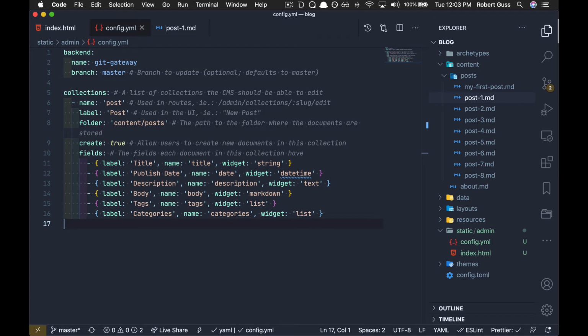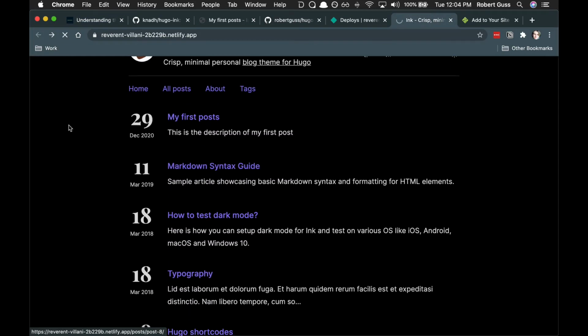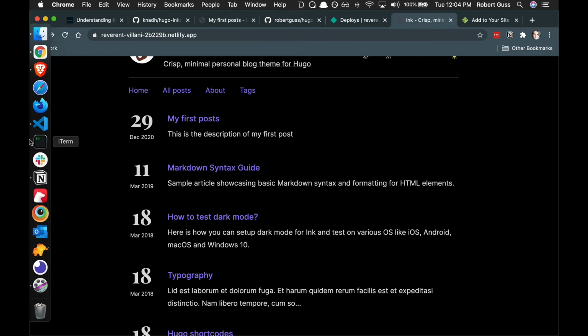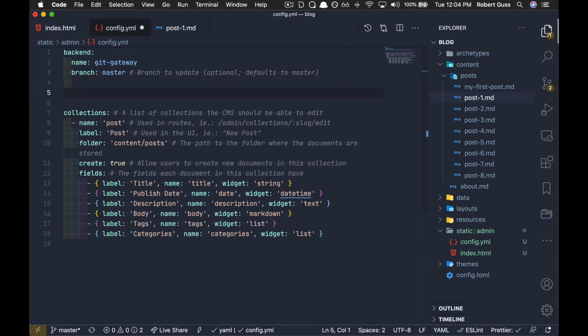Now that we've got that all set up, we've got to do one more thing. This next thing I'm going to show you, we don't actually need specifically for this theme, but I just want to teach you how to use it in case you want to use it for an actual project. Essentially, we need a way to allow Netlify CMS to know where we want to store images. In our particular theme, we're not actually using any images, but if you were using a different theme, or if you wanted to update this theme to make use of images, we need to be able to tell Netlify CMS where to upload and save those assets. So underneath the backend, we're just going to go media